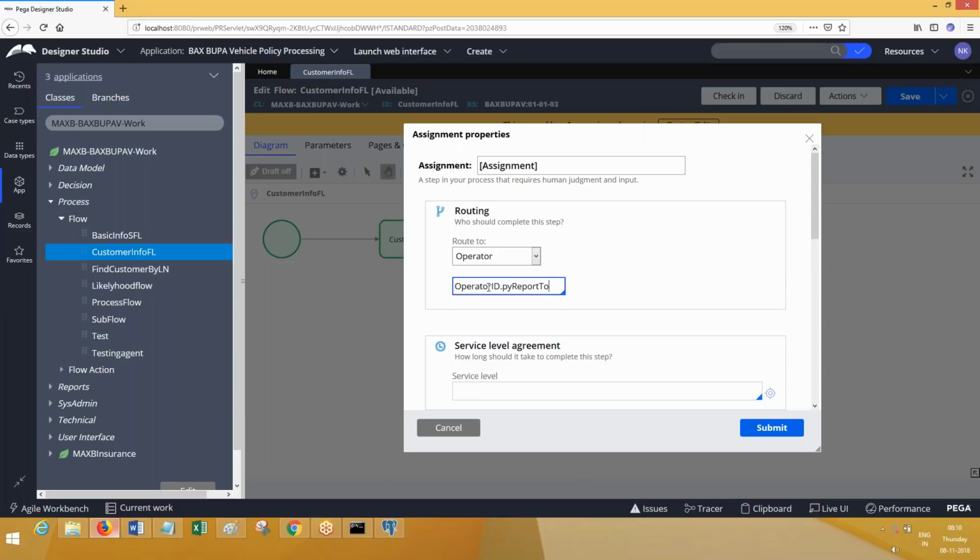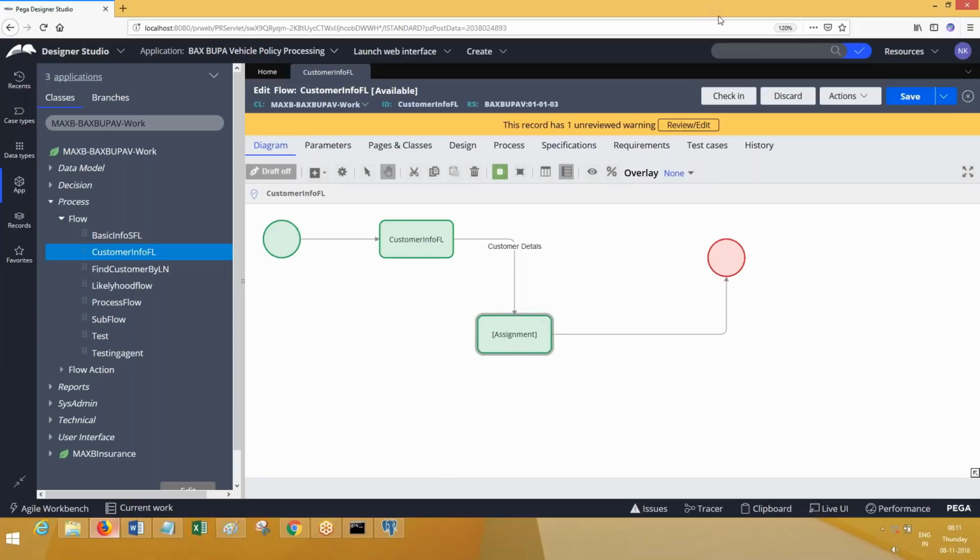I already gave this in the document. Okay, so this is what routing means. Routing means you're going to transfer a task, meaning an assignment, to any of the operators, or it can be a work queue or work basket. We will talk about the other one later. We'll discuss transferring an assignment to only one operator. Let me tell you the basics of transferring an assignment to one operator, how it works.